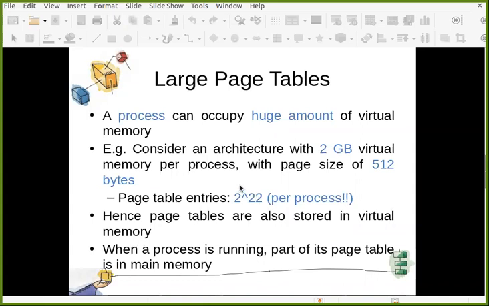Now, let us say each page table entry requires even only 4 bytes. What will be the size of the page table? Can anyone tell me? What will be the size of the page table if every entry requires only 4 bytes?